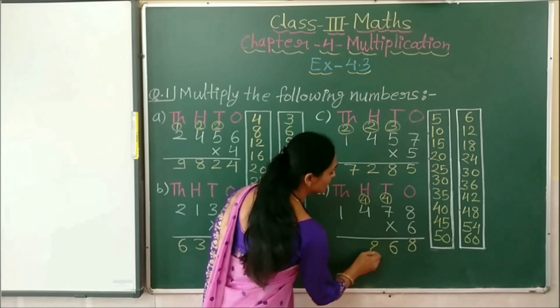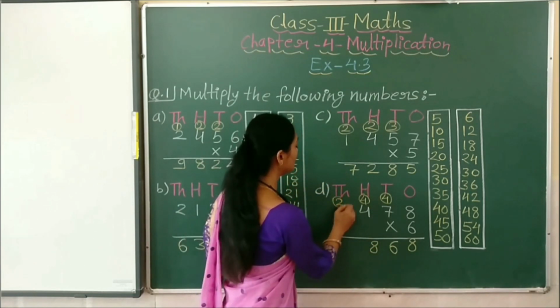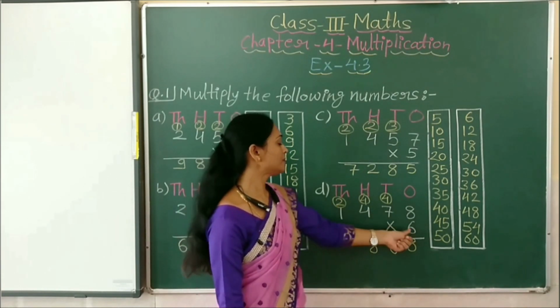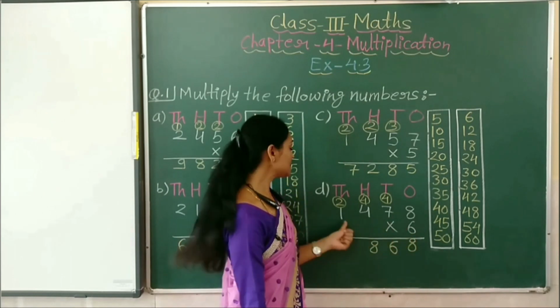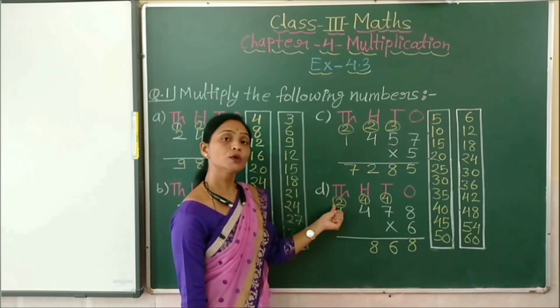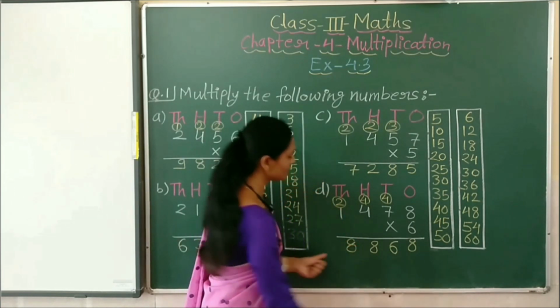28. So here we have to write this 8 and 2 carry over here on thousands place. Now what to do? We have to multiply this 6 with this 1. So 6 ones are 6 and then plus 2. So 6 plus 2 how much? It is 8. So here also we got 8.